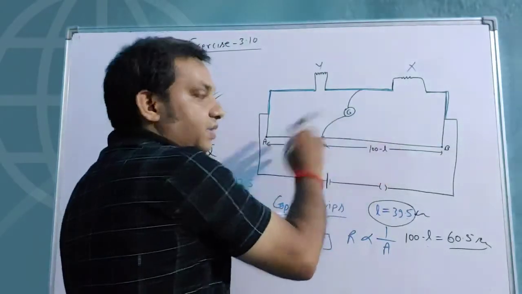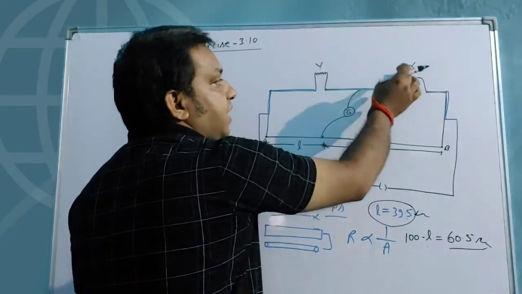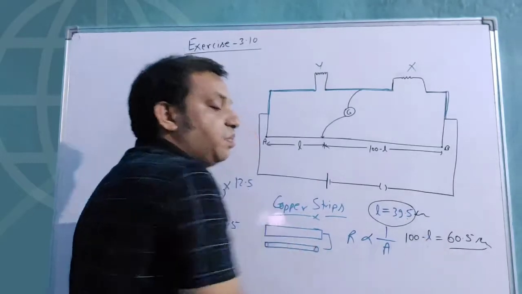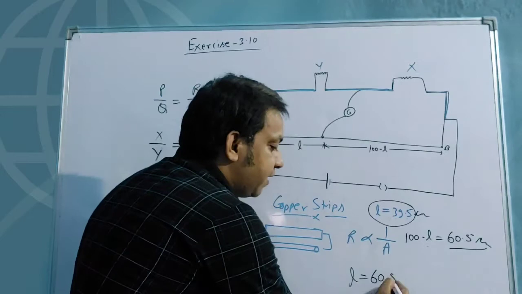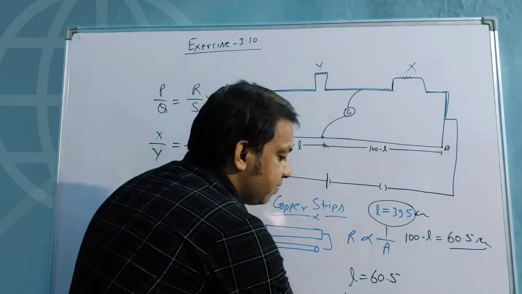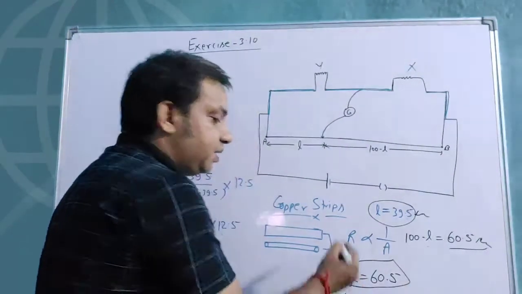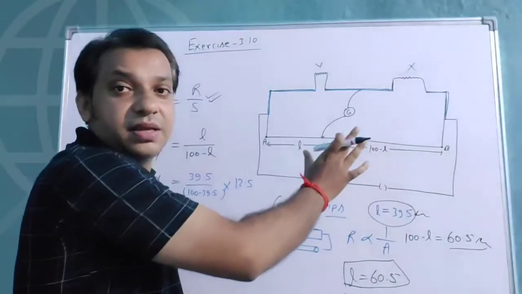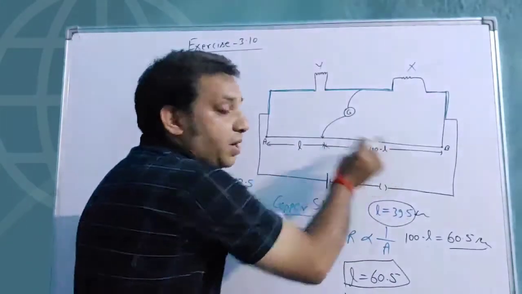So this time this will change, because previously we interchanged x from this side to this side, y from this side to this side. So this time you will get the balancing length at 60.5. So for this case L becomes 60.5 and 100 minus L becomes 39.5. So if you interchange, L becomes 60.5 centimeter. ठीक है, इंटरचेंज हो जाएगा. अगर ये आपस में इंटरचेंज हुए तो ये भी आपस में इंटरचेंज हो जाएंगे. अब बैलेंसिंग लेंथ जो 39.5 पे मिल रहा था, अब वो कहां पे मिलेगा? 60.5 पे मिलेगा.